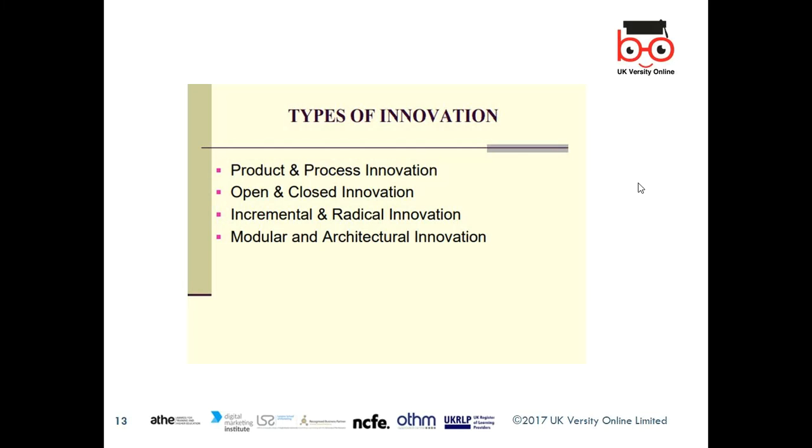Next, types of innovation: where can we bring in innovation, which areas do we need to look at? Product. If we are a service organization, maybe we can look at our service, it can be a product. Our packages can be a product. It's not tangible, but it's intangible as well. Process innovation. If we are doing an accounting business, we can create a secure folder for file transfer, so clients can transfer everything to us through a scanner, everything comes into our box, and then we can arrange their accounts effectively. So maybe we can look at process innovation.